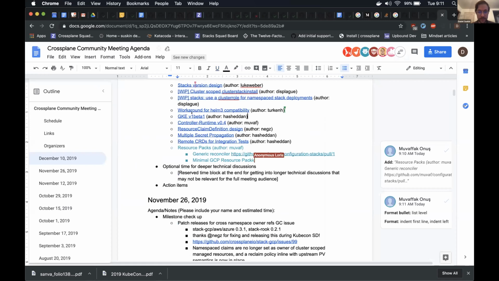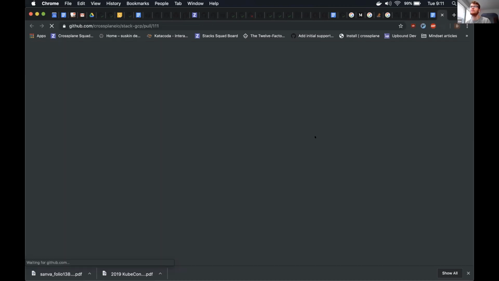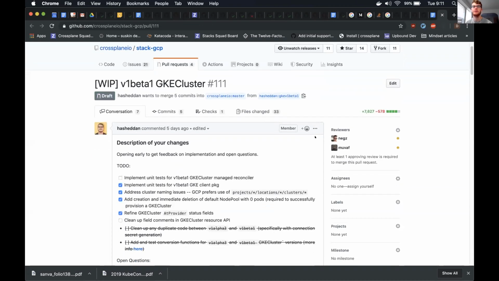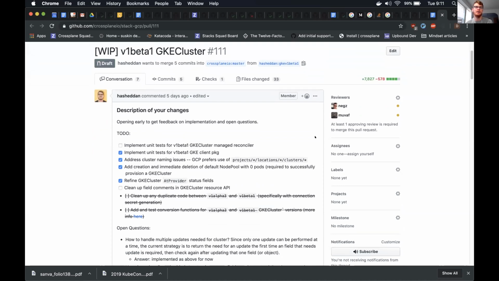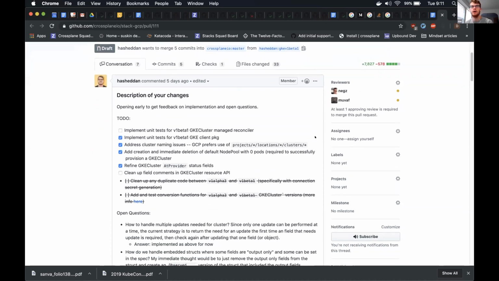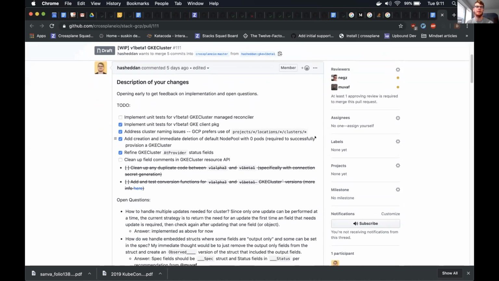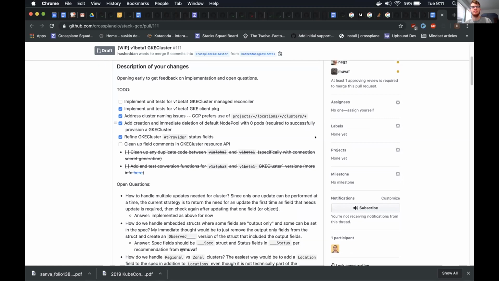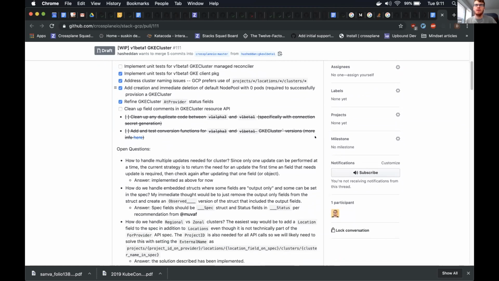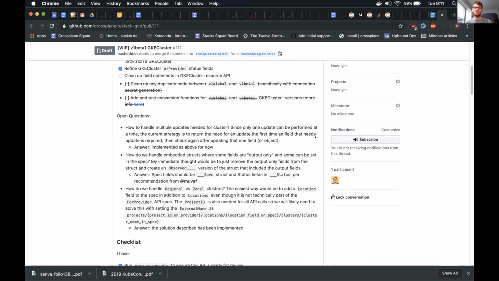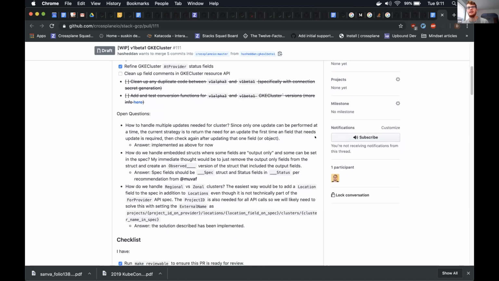So it looks like the next one is the GKE V1 Beta 1, Dan. Yeah, absolutely. If you want to open that one up, I'll give a little bit of context on this. As you see, I've been working on this one with a PR open and trying to document design decisions I'm making, because with GKE clusters, there is an interesting situation where to create a node